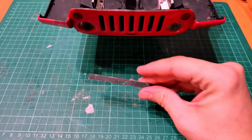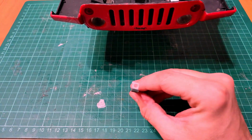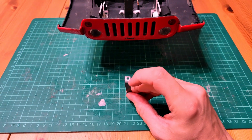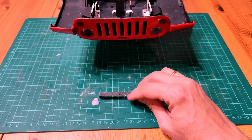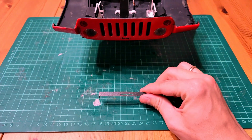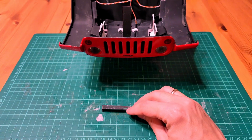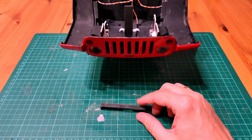Okay, this is the chassis part of the front body mount. It's again a metal bracket. Material is the same as this one. We have two side holes to mount it on the chassis, and one hole here. I did it using a Dremel and cutting disc. So this one will be on the chassis, and when you put the body on the chassis, this piece slides into this gap, into this hole, and after it I will use maybe some clip or maybe some bent bracket to hold the body